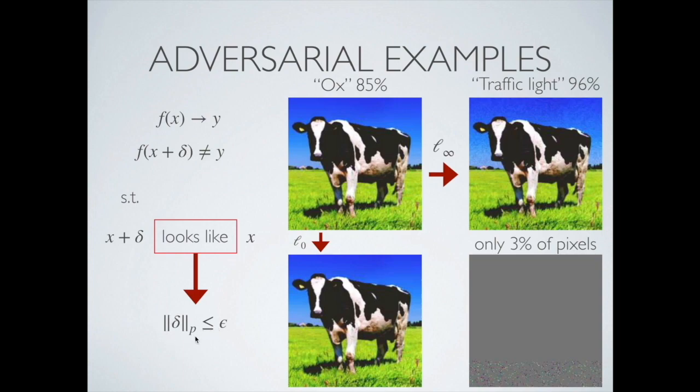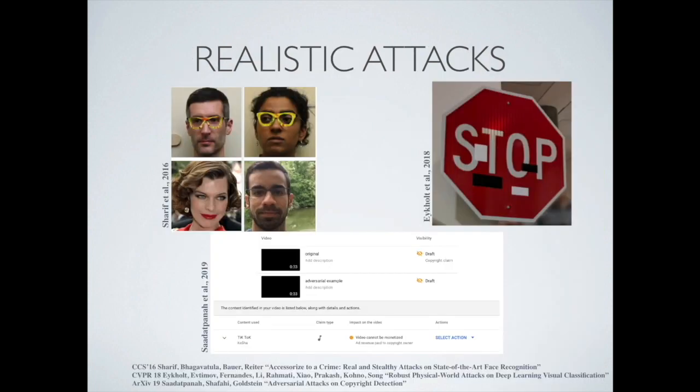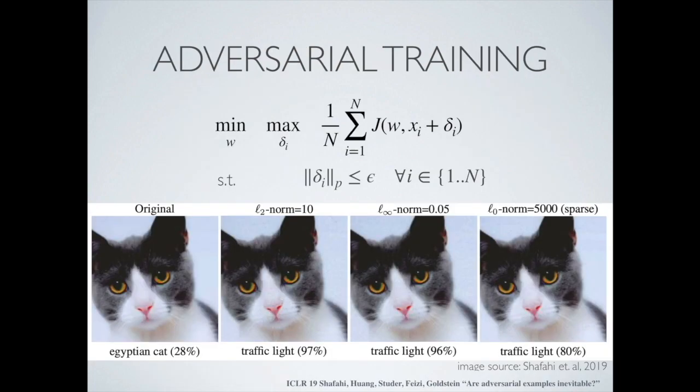The different Lp norm perturbation bounds can result in different looking adversarial examples. In this study, we are going to focus on L infinity bounded adversarial examples. Note that adversarial examples can be realistic. Adversarial training is one of the few defenses which has not been broken and is known to make networks robust